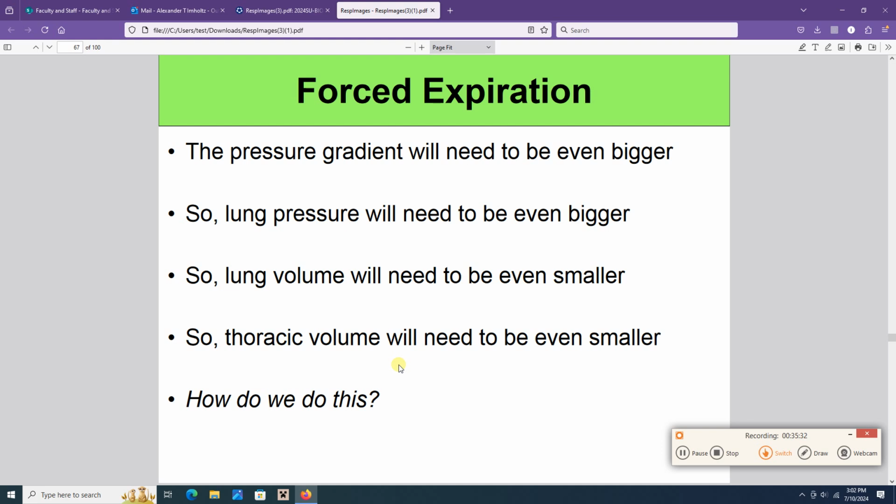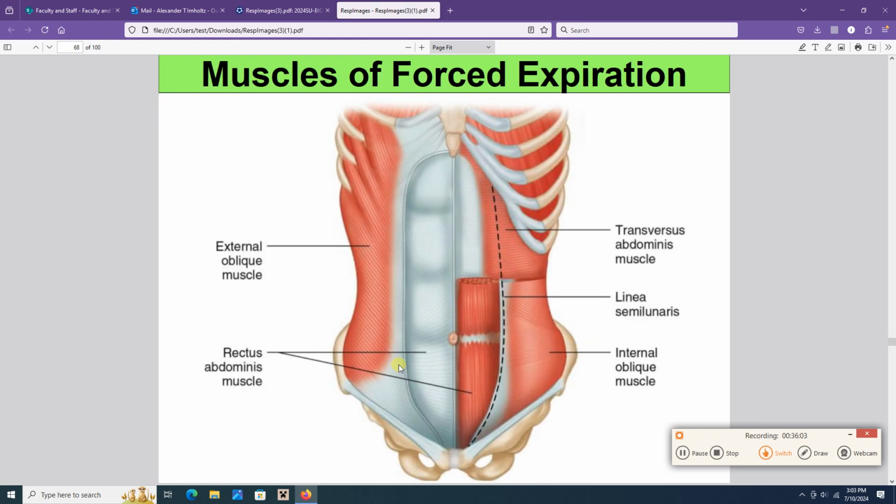Now, what about breathing out more? Like, you want to blow out a candle, you want to blow up a balloon, you want to breathe out more. Well, that's called forced expiration. The pressure gradient is going to need to be even bigger in this case. So lung pressure will need to be even bigger, which means lung volume needs to get even smaller, which means thoracic volume needs to get even smaller as well. And to do this, we use muscles,